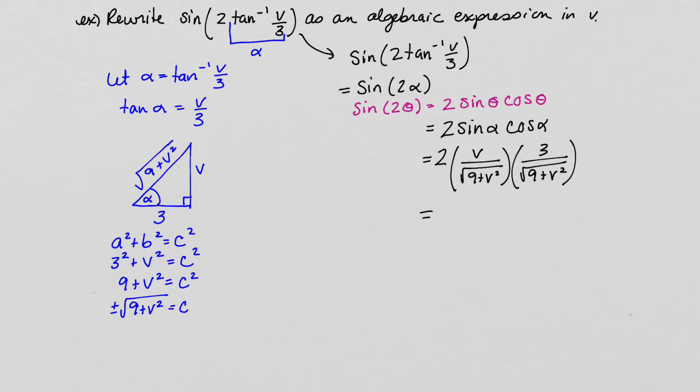Okay, so then if I go to multiply, you can think of the 2 as really being 2 over 1. So the 2 is in the top. So in the top, I have 2 times v times 3. So that's going to give me 6v. And on the bottom,